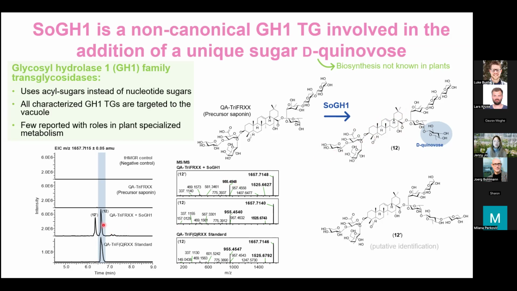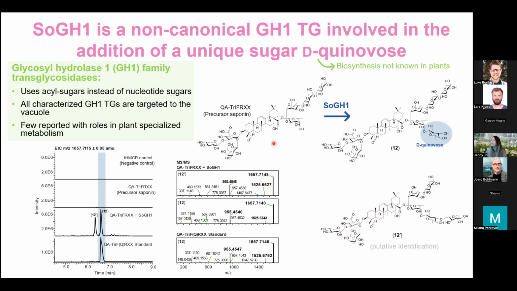And you might wonder what this other peak is as well. We think it could be just a xylose. So instead of xylose being attached here, perhaps it's getting attached to a quinavose, but this is a putative identification, as well as these 2 peaks share the same fragmentation pattern as from 1657. The main fragment ion is this 955 peak, which is the mass of cholic acid with the 3 sugars attached to the C3 sugar. So this is on my to-do list, to purify and to get the structure of this